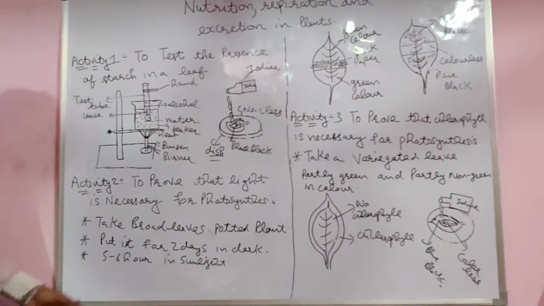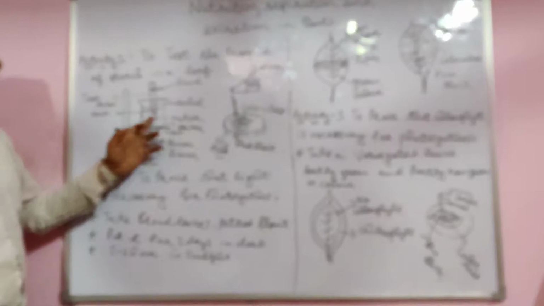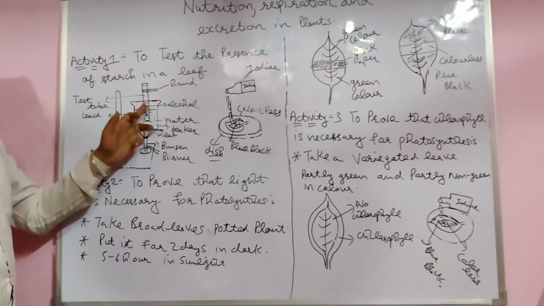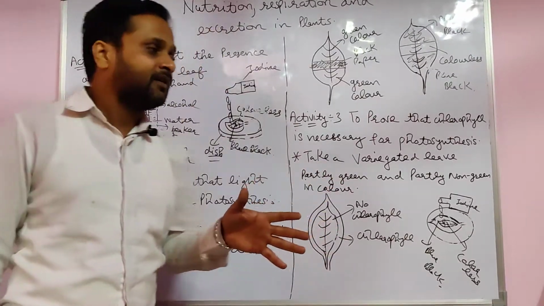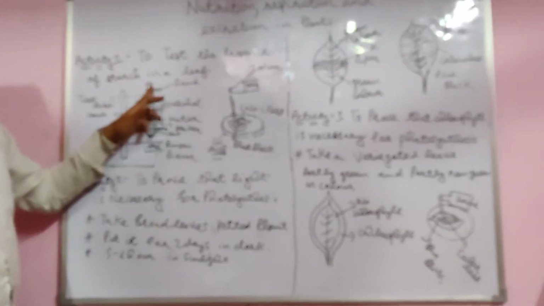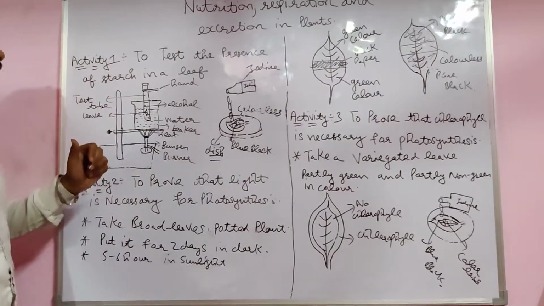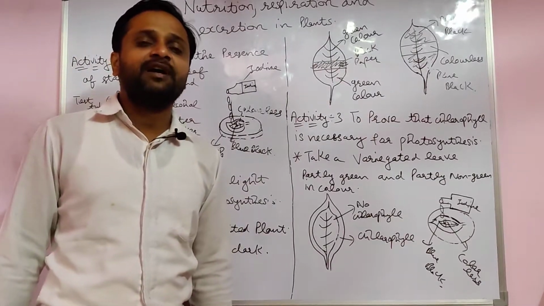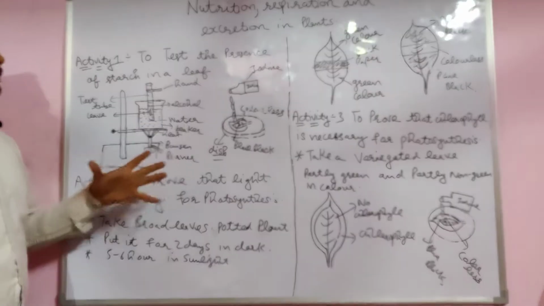First, this is the apparatus. Take one test tube, one stand, a beaker, and a Bunsen burner of LPG, with water here. In the test tube you take one leaf and alcohol. Pluck the leaf and put it in the test tube. The first procedure is to boil the alcohol, not directly, because it catches fire easily, students. So you boil it in an indirect way.